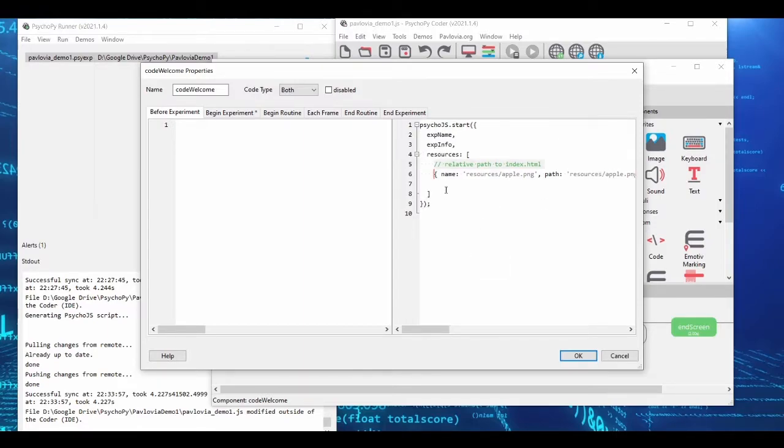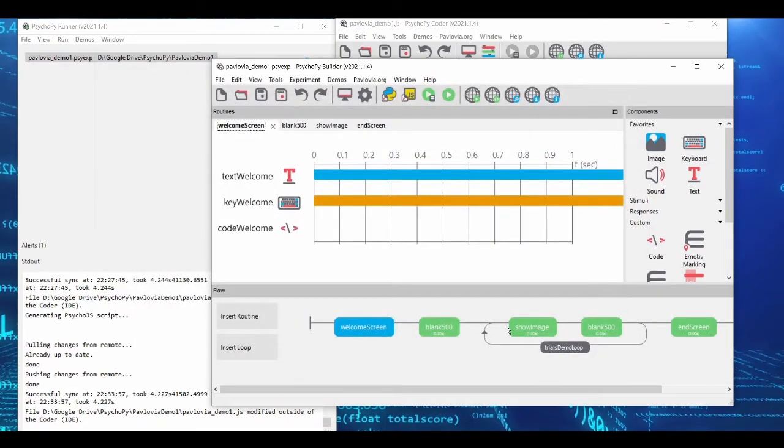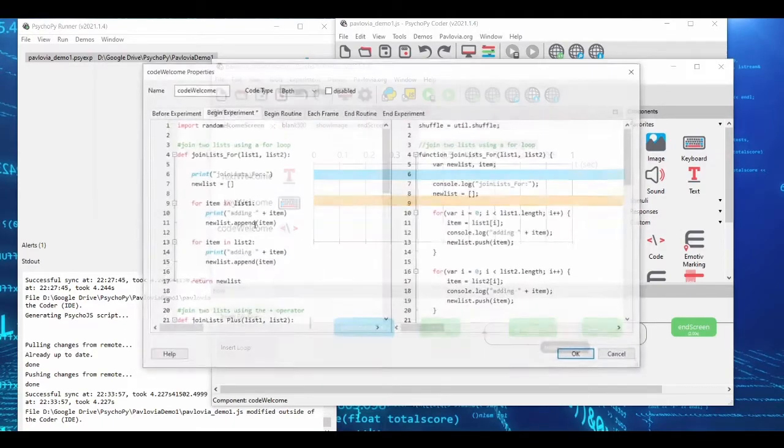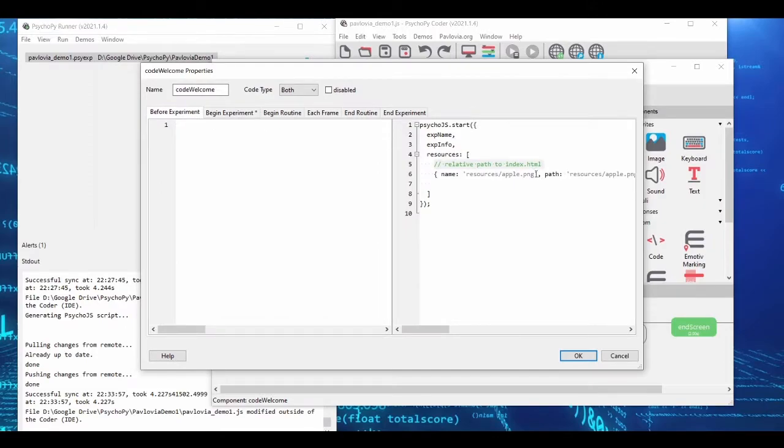And so what we're doing here is we're creating a name that is going to identify our image. This file name we're giving it, it's actually the name that JavaScript is going to use to try and find our resource. That name's going to be resources/apple.png. Then we need to know the path of where it's going to be, and it's in the same spot,